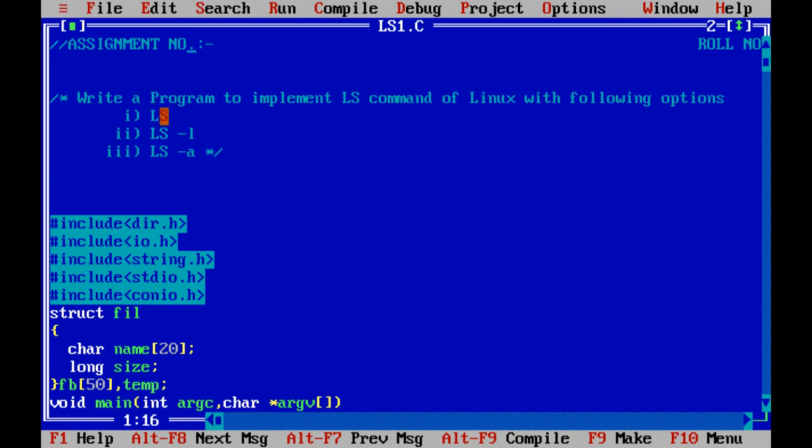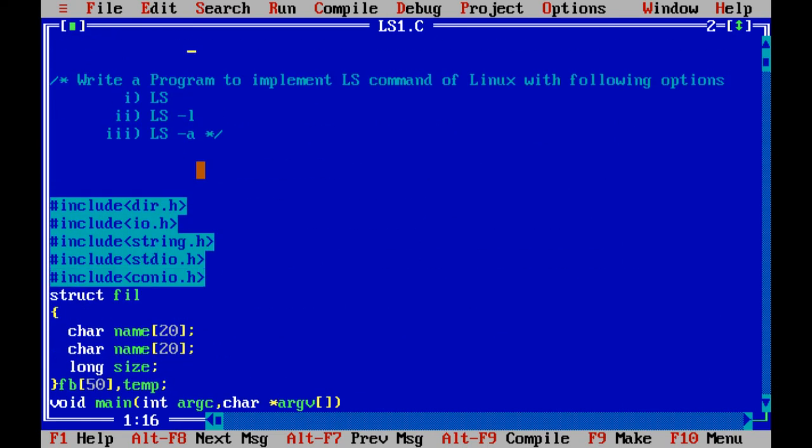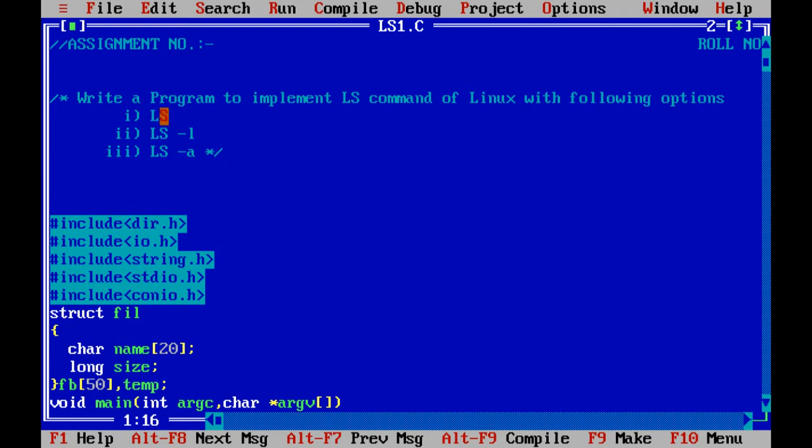For argument count equal to 1 it is going to give the list of files. If the count of arguments becomes greater than 2, it is not supposed to work. Accordingly, I have placed the code for when the arguments are equal to 1, that is, it implements the first option, which just gives us the list of file names. That's it.